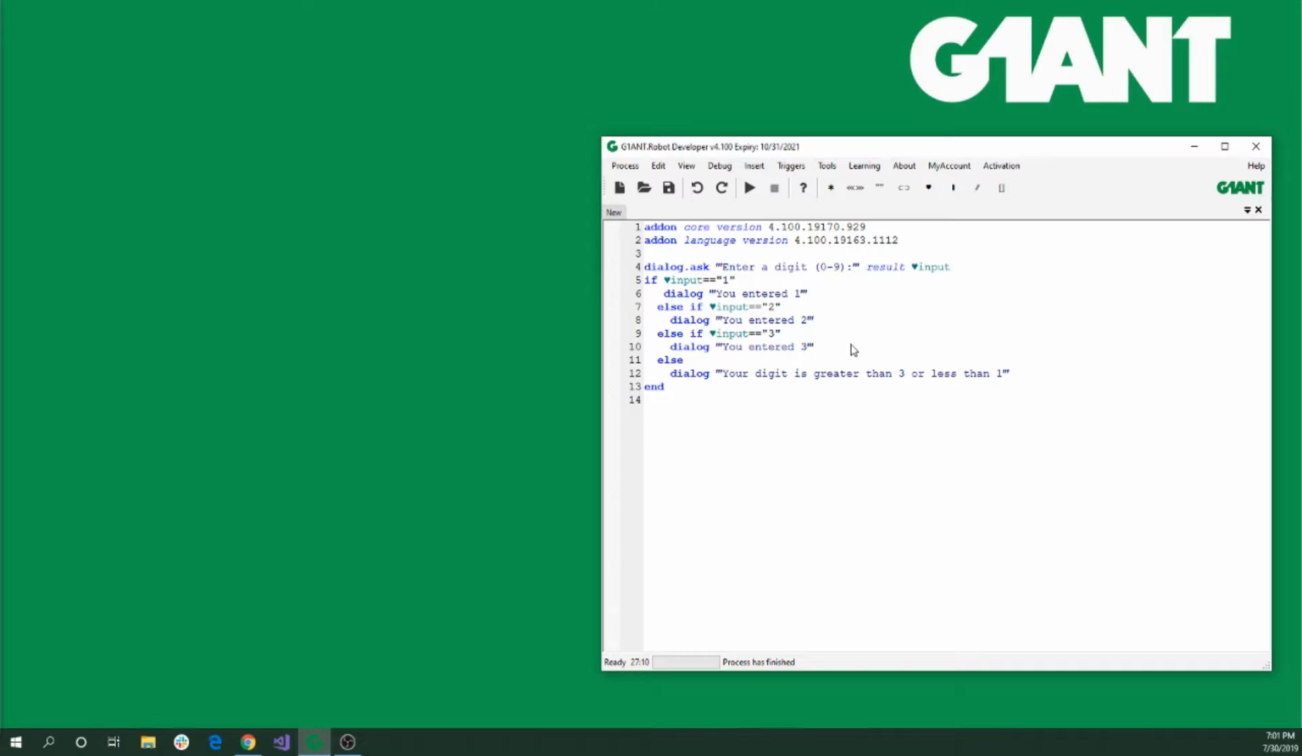The dialog ask command displays a dialog box with a message of your choice. Enter a digit 0 to 9, in this case, and provides an input box to enter data, which is stored in the input variable. The if-else block checks what was entered and displays individual dialog boxes for 3 values, 1,